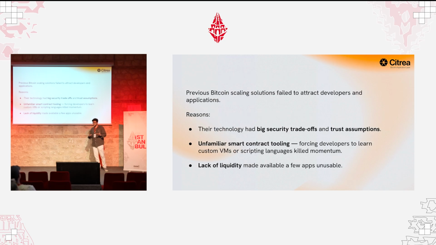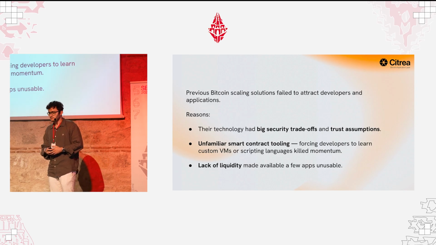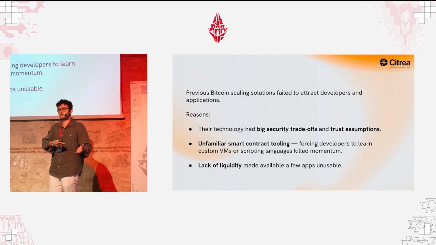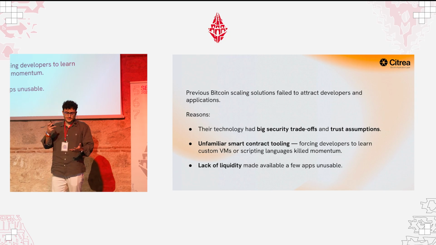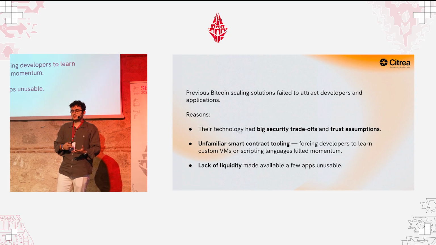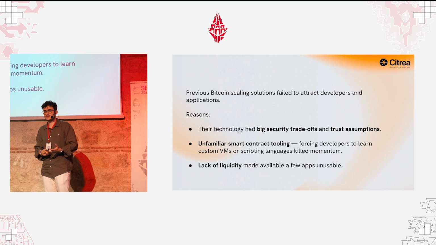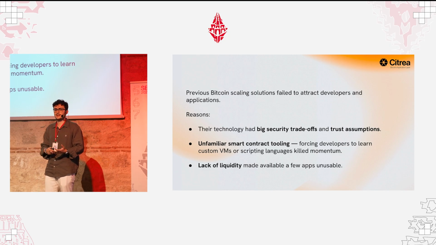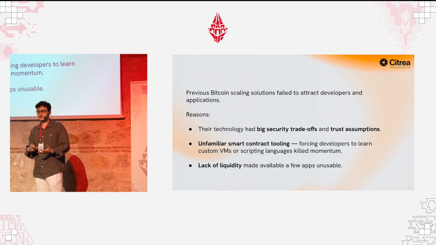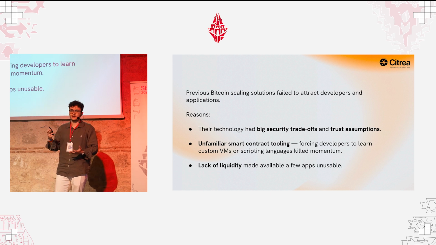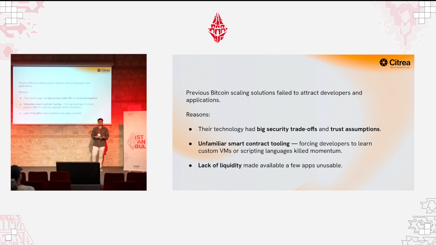Bitcoin bridges to secondary layers were not really popular, and that's due to the security trade-offs with the multisigs. Some of these side layers also had different VMs, for example, Stacks. It has a bridge of STX stakers. It has a custom VM called Clarity VM. You cannot deploy Solidity smart contracts there. That killed the momentum for that chain because now developers coming to build on Stacks need to learn a completely new VM plus a completely new language.